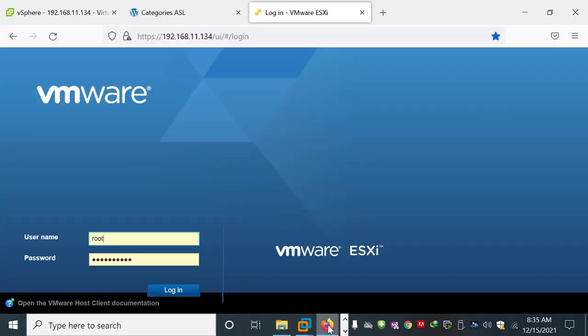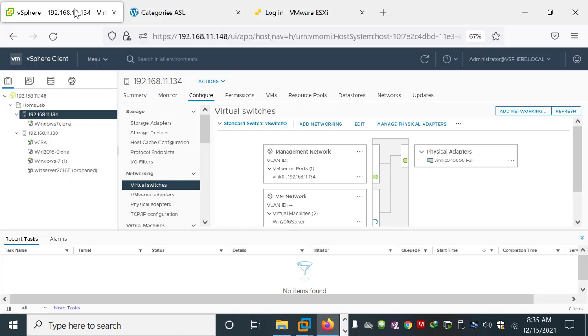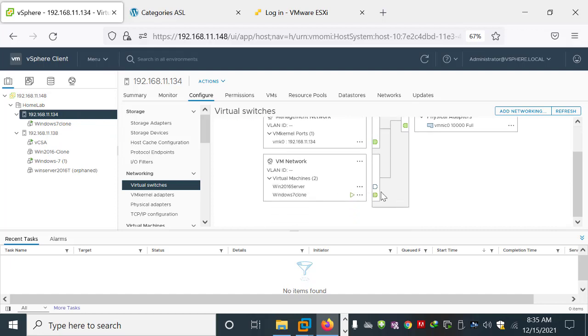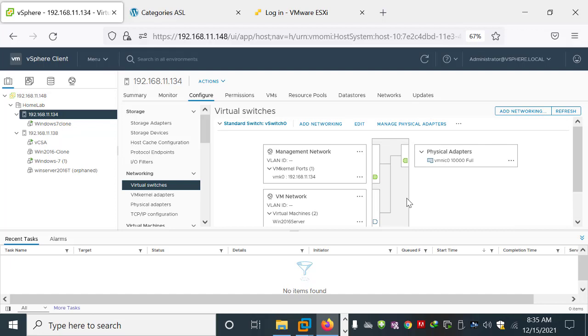So I will move to my vCenter server. As you can see, now I have a standard virtual switch. Now how to add another virtual switch? This is very simple.